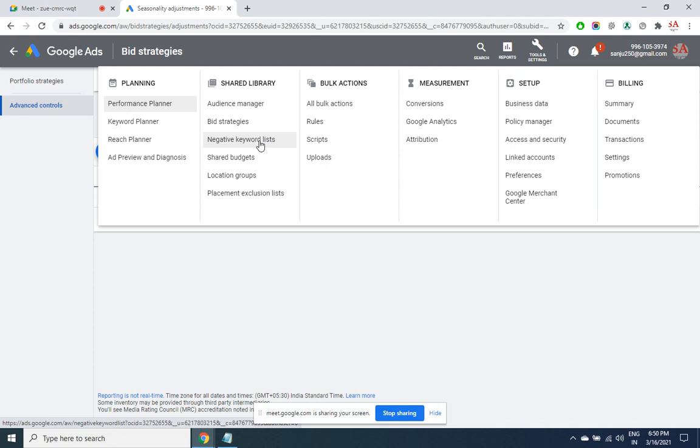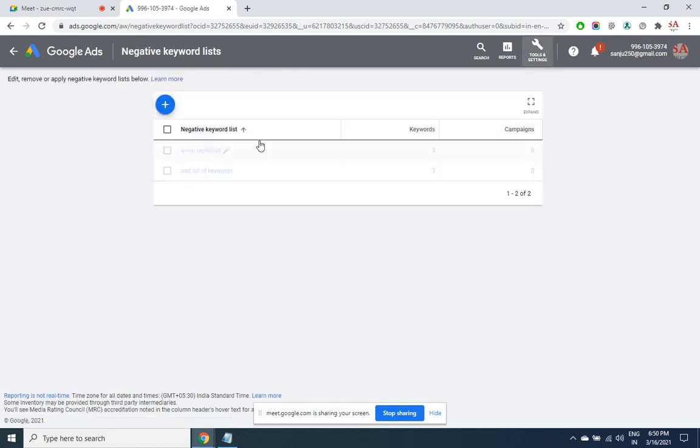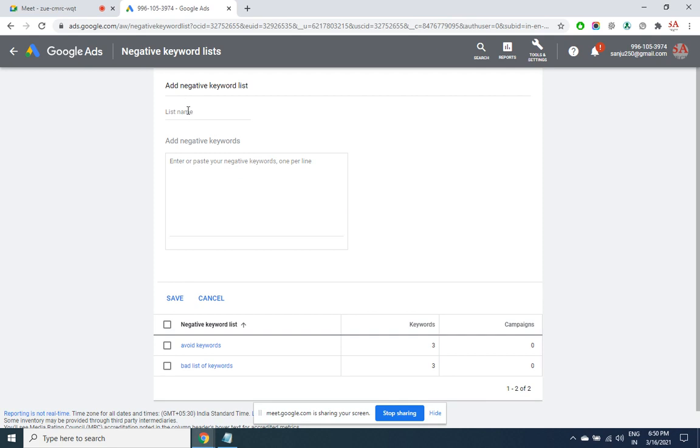Then you have the negative keyword list. So instead of giving the negative keywords in every campaign, let's say I have some 8 to 10 common keywords which are negative for every campaign that I create. I need not mention those negative keywords in every campaign. I can just mark them here. This is at account level. So say fraud, free, bad, worst, complaint, expensive. All these are the global negative keywords for me. So I click here, click on plus, list name,